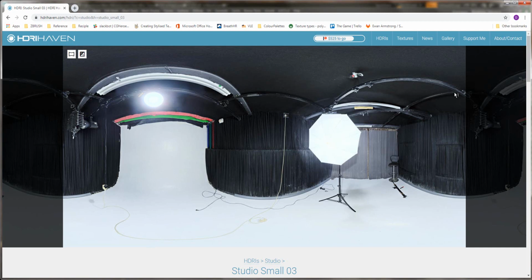Now what these are is images that are used within PBR rendering, or physical based rendering. We are going to have a long discussion about what PBR rendering is and how it's used and what it means and what all the different elements of it are, so I won't be going into that inside the video. However, what we will be using a lot within PBR is a HDRI. Now what a HDRI is